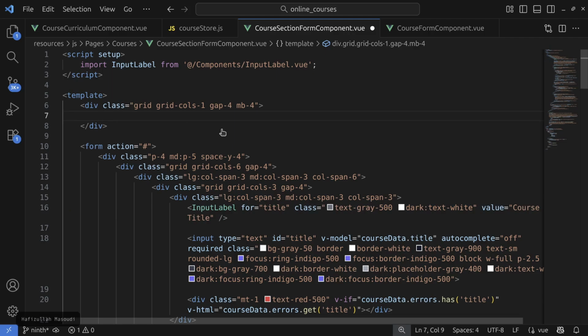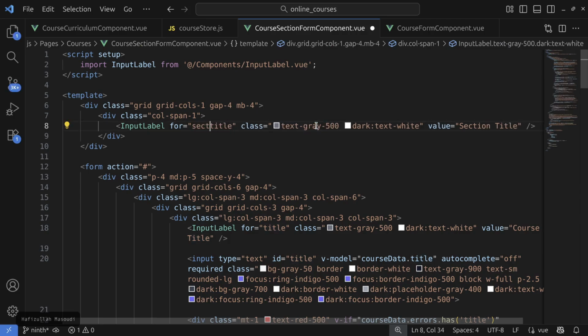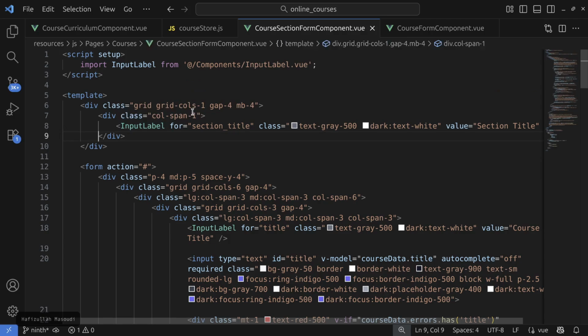So in here let's say call span 1, and let's paste our code. So this one will be for the section title. So in here let's say section title, and this one is also section title. So let's say section title like this, and after the input label